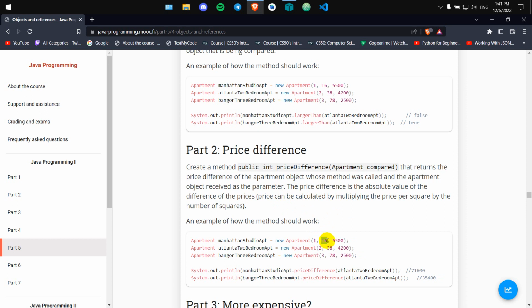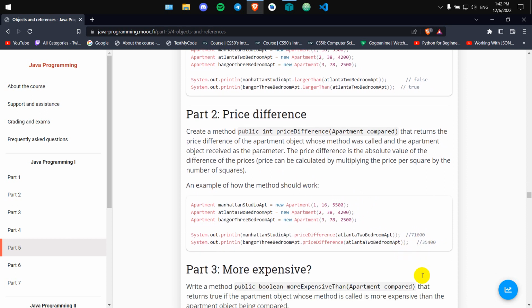So we need to multiply squares and the price per squares to calculate the total price for an apartment. And by comparing those total prices of two apartments, we can calculate the price difference. But notice, we've been given the information that the price difference is the absolute value of the difference of the prices. So even if the value is negative, we need to print it out as positive, because as we can